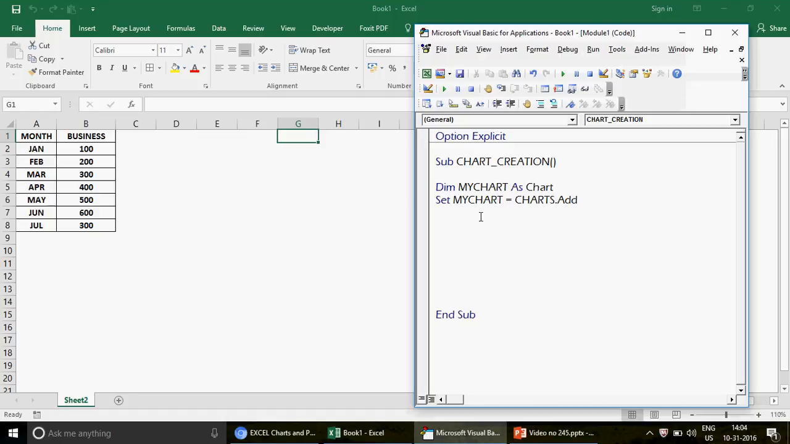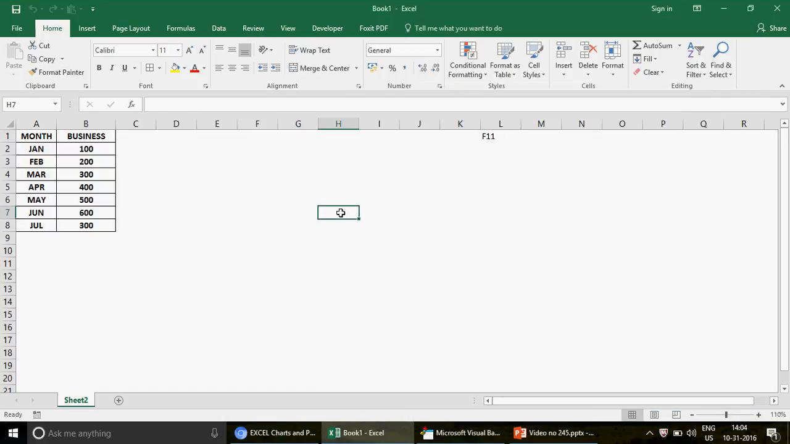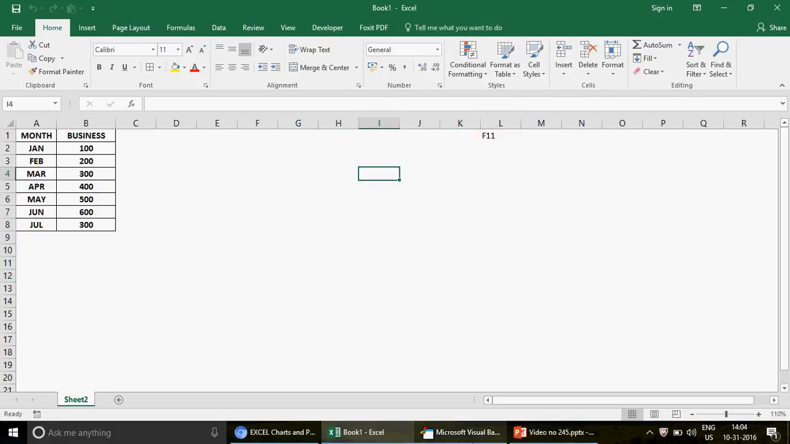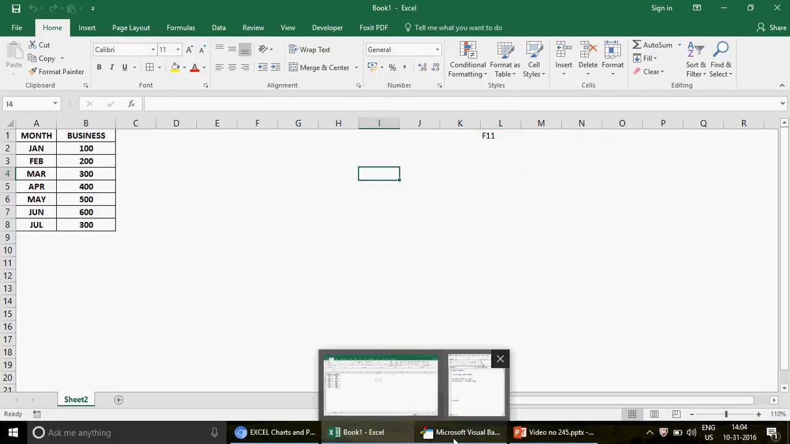And if it is inserted in a new sheet, I would like to move it to the current sheet, or maybe you can move it to another new sheet as well. Choice is yours, but we would like to move the chart here in this sheet. So for that I'm going to write the code, but before we do that, one thing more we want to tell,